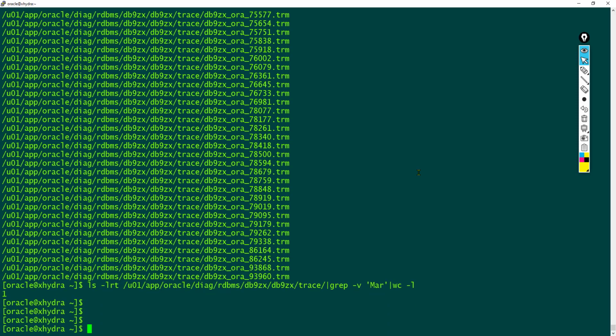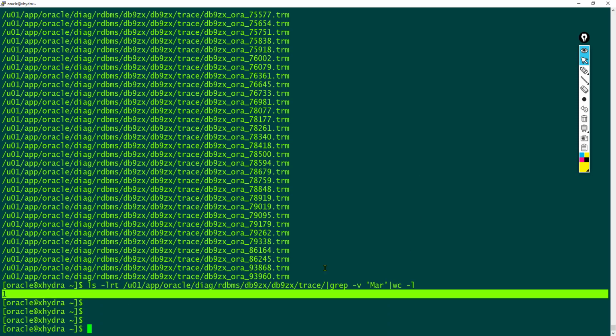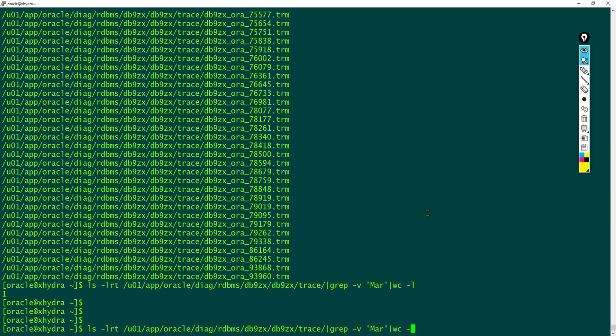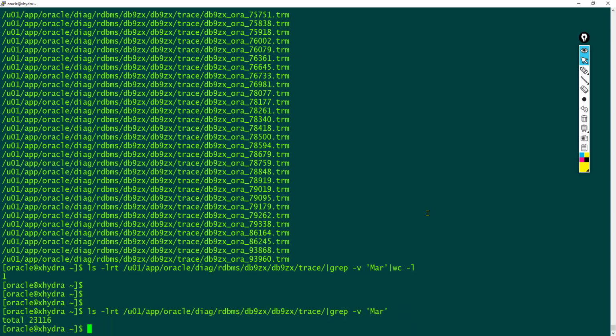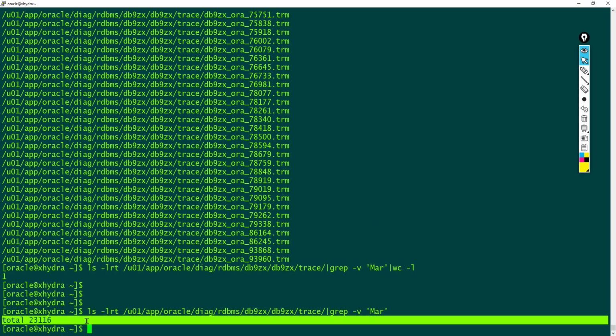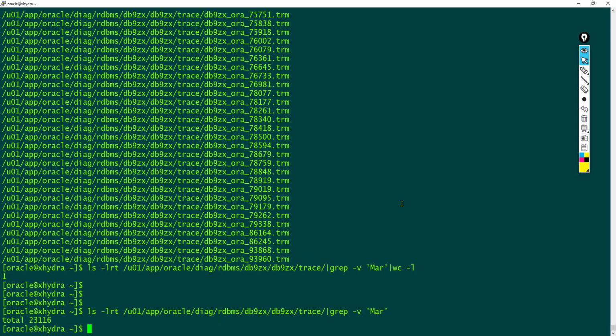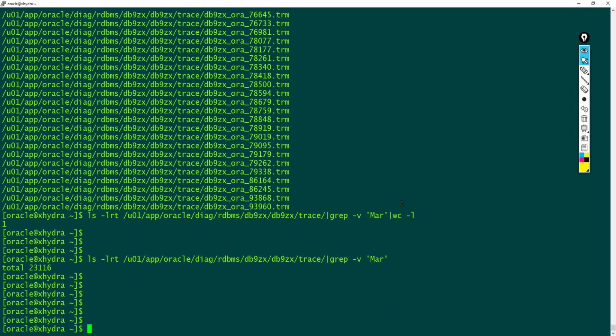Now you can see there is only one file available. So that is also not a file, since I have used wc -l, so it has counted this total output. Now we have cleared all the trace files before March